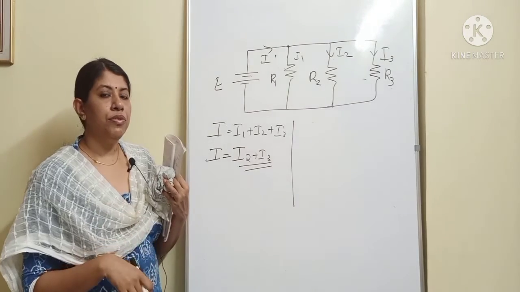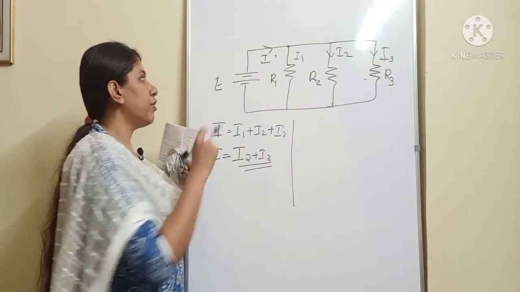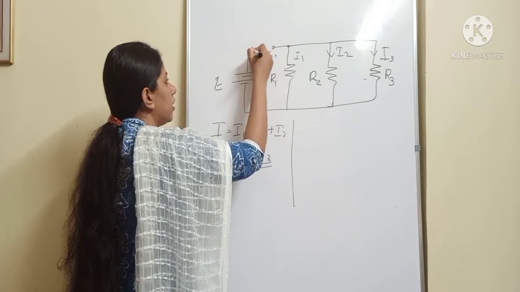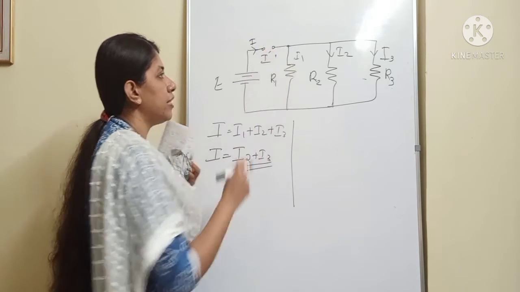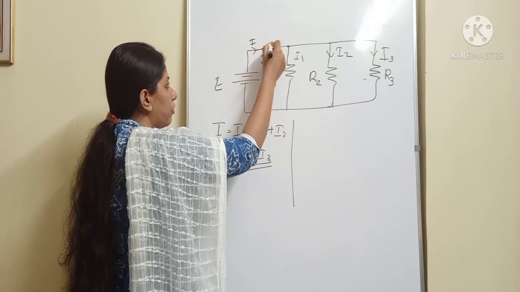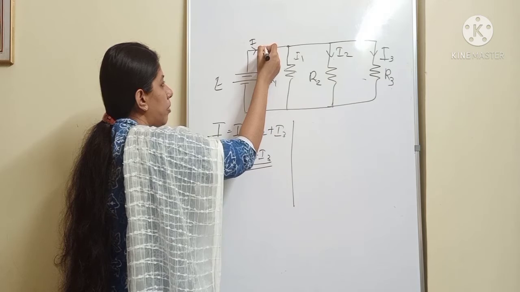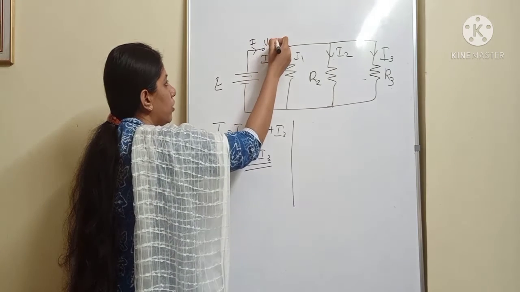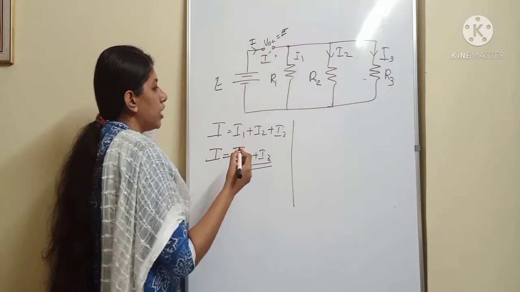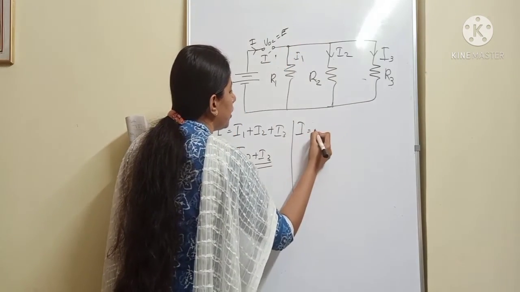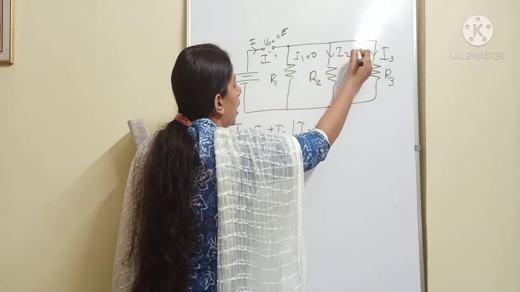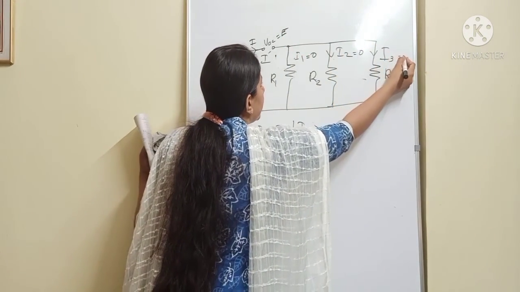Now if you consider another condition, that is if the open circuit is at this particular point in this connection, then will there be any current in this circuit? No, because the main current will not flow beyond this. So the entire applied voltage will drop across this open circuit, and VOC will be equal to E. In this case the current will be 0. You can see that there is no supply current. The value of I1 will be equal to 0, I2 will be equal to 0, and I3 is equal to 0.